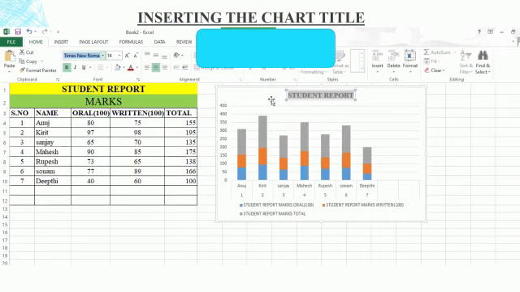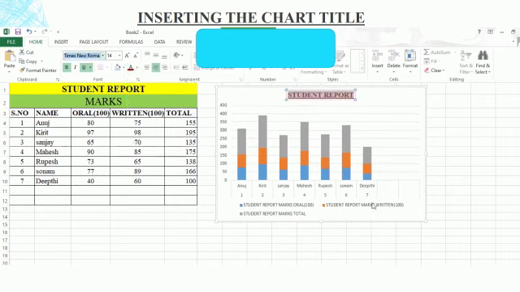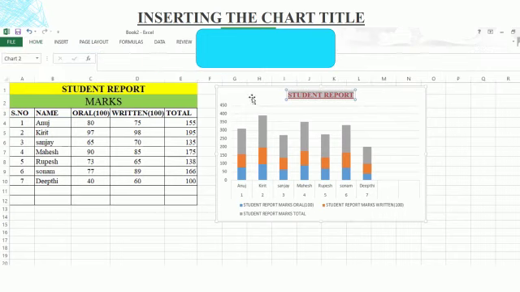Okay children, if you want to underline it, you can underline it. If you want to change the color, you can change the color of the title also. Understood children?